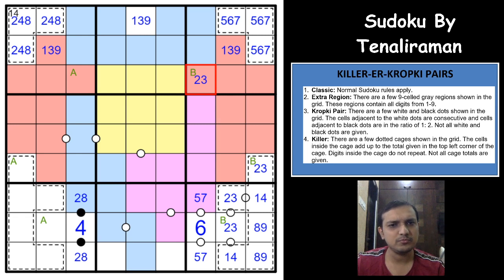There seems to be something that we are missing here with the extra region constraint, maybe. Okay, so whatever digit you have here will be here. So where would that digit be in the pink region, right? The pink color region. So this digit and this digit are same, right? Which means that you cannot have that digit in any of these three cells, any of these two cells, any of this cell. So it would have to be in one of these two cells, right?